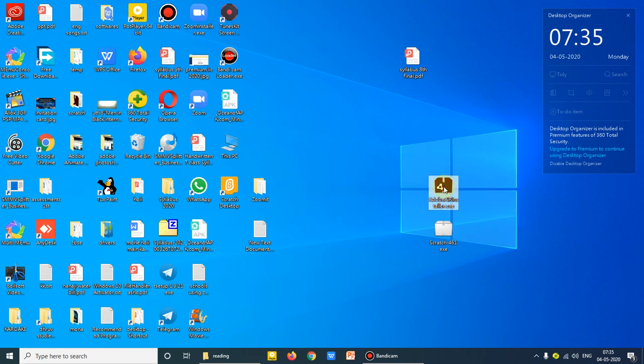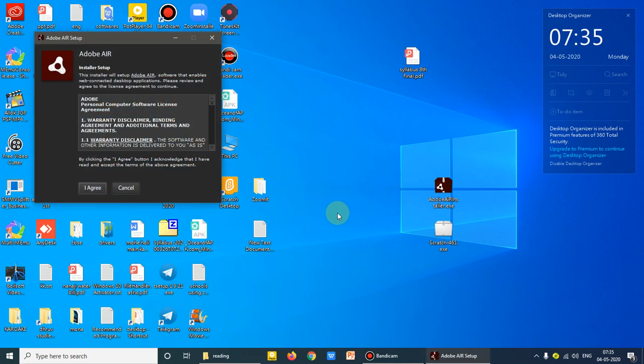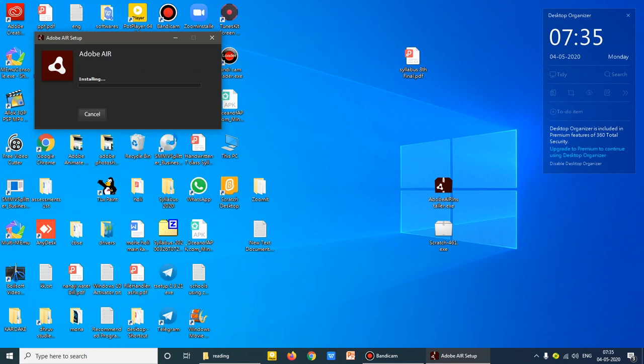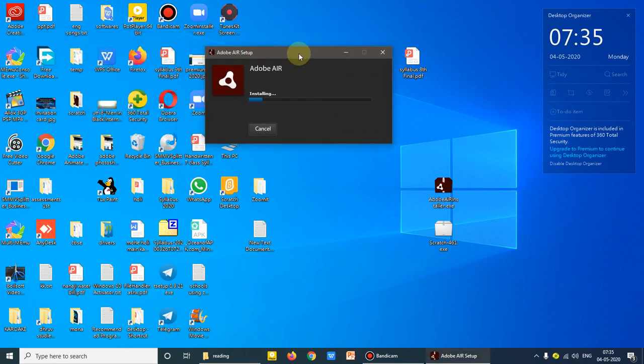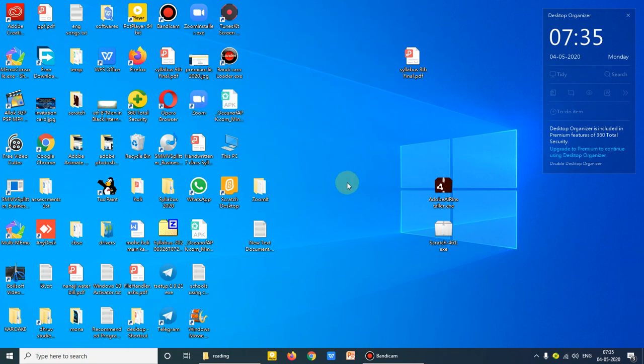Double click on this. It will take a little time. I agree. So it's installing. Finish. So Adobe has been installed on my computer.